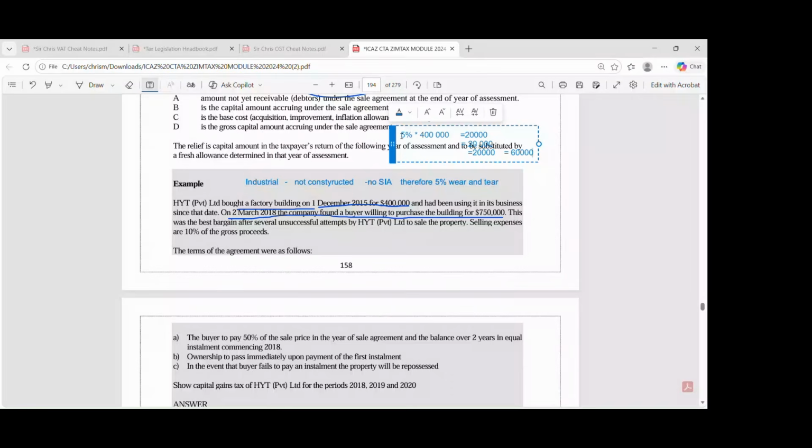Then number two, I need to determine recoupment. Recoupment is the issue. So how much did we sell the asset for? 750,000. 750,000, team, is my potential recoupment, isn't it? But according to the Act, recoupment is limited to capital allowances previously granted. So my capital allowance becomes 60,000. To determine recoupment, you determine the capital allowances